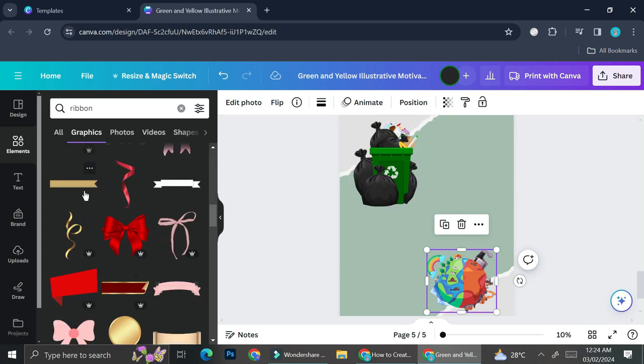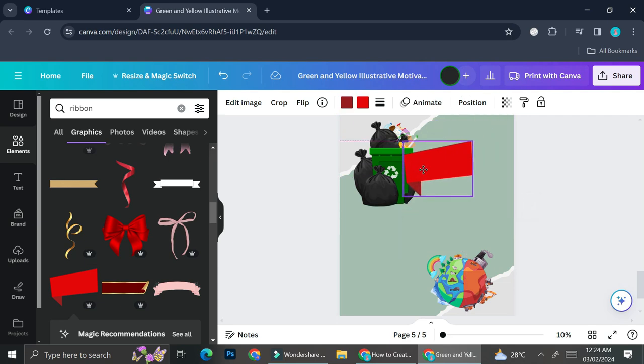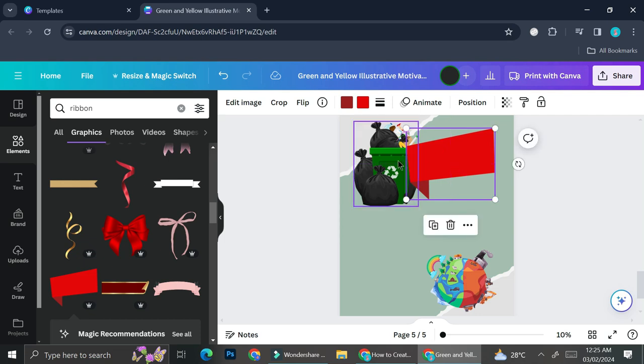So I kind of like this one. I'm going to try and see if this will work. So you can see that it comes in the color red. I don't actually mind. I'm going to make it stay red, but I don't want this ribbon to be on top of my trash can. So what I can